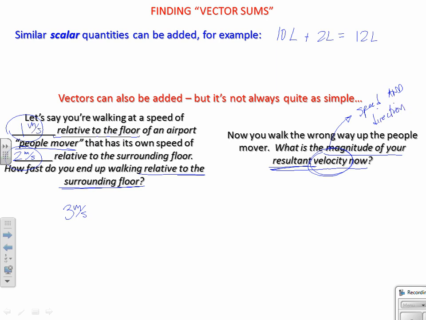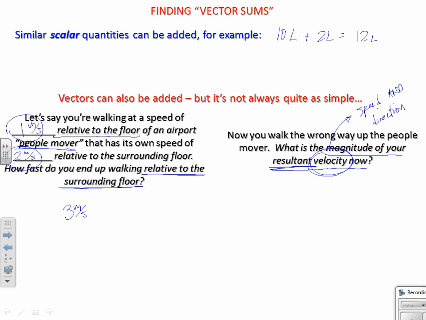So velocity is a vector quantity. That goes in your table on the front page. It's a vector. Speed by itself is a scalar, right? If you just say, I went 20 miles an hour, nothing wrong with that. I didn't have to say a direction. If I don't say a direction, well, it's a speed. If I do say a direction,